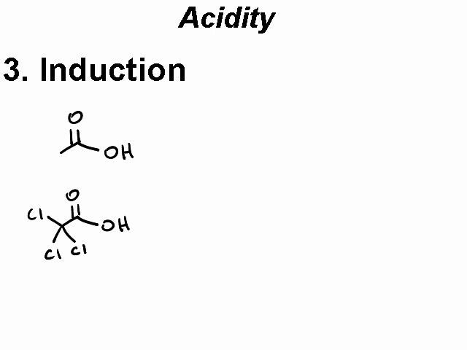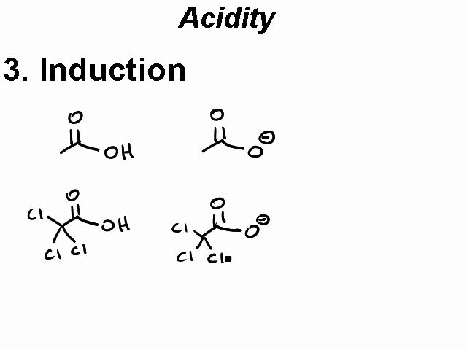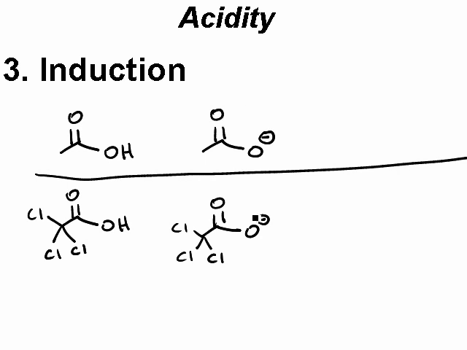more acidic, so we do what we always have to do. We have to draw the conjugate base of each and compare, in each case, the stability of the negative charge. The conjugate base of acetic acid looks like this, O-, and the conjugate base of trichloroacetic acid, also O-, with the 3 chlorine atoms on. Now, if we wanted to compare this conjugate base with this conjugate base to ask which is more stable, so